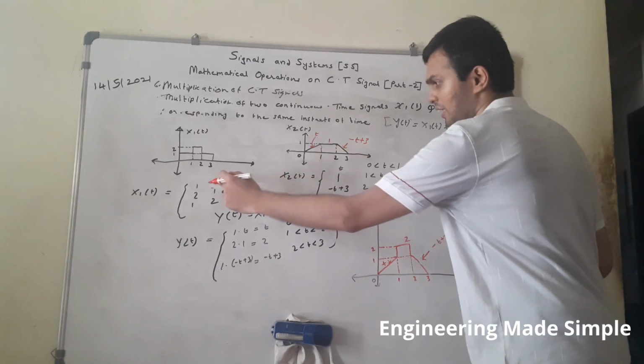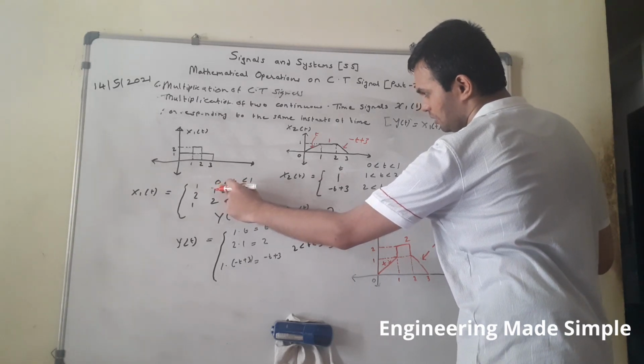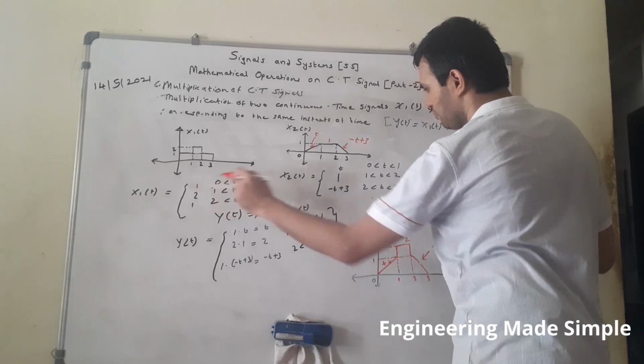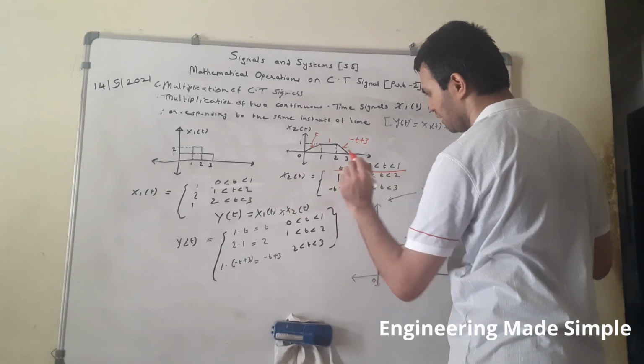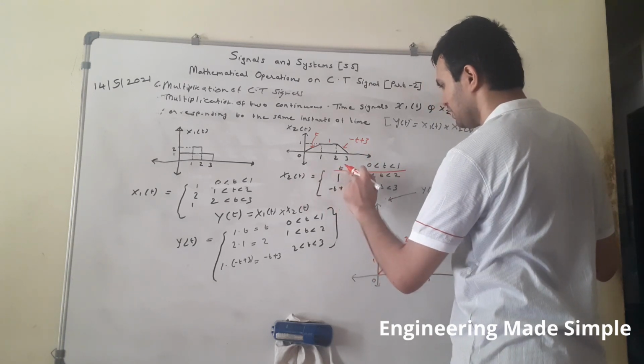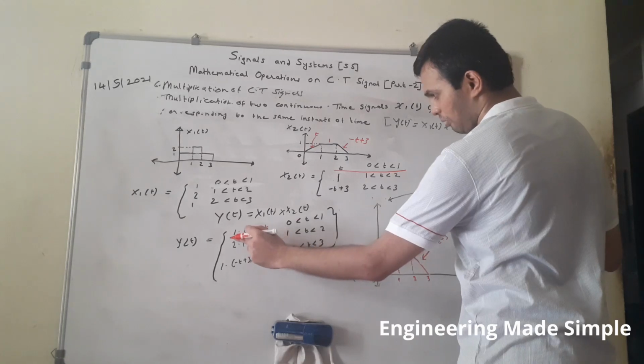This is x1(t), and for the time interval from t equal to 0 to t equal to 1, its amplitude value is 1. And similarly, see the corresponding time interval in the x2(t) column. It is defined as t between t equal to 0 and t equal to 1. So what will be our signal?